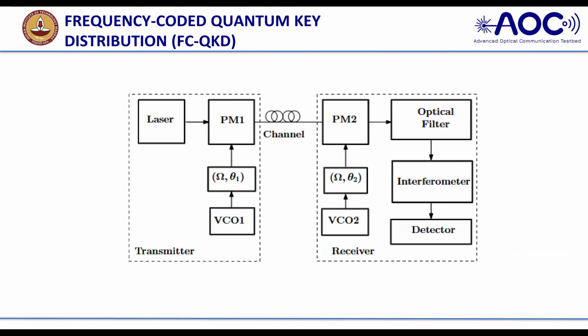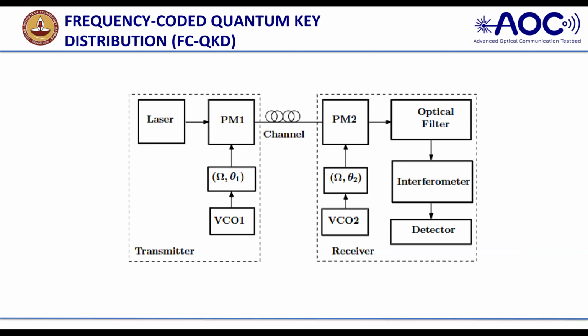I assume that the channels are of short length, so the noise arising due to the channel we are ignoring here, because since it is pure quantum, with a lower number of states, like a single photon state or two photon state. So we ignore the channel noises added here, and we use the same PM2. That's why the transmitter side is called Alice and the receiver side is called Bob. And theta 1 is randomly chosen by Alice, 0 or pi. Here it is also chosen as 0 or pi.